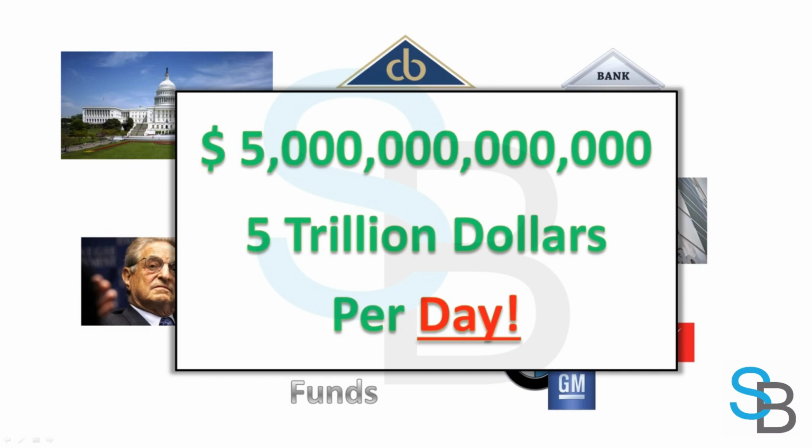And just to put that into comparison, the largest stock exchange in the world is the New York Stock Exchange, and the total market capitalization of the New York Stock Exchange, that means if you take all the companies that are listed on the New York Stock Exchange and you put all of their values together, then you will get only $18.7 trillion. And that's the total capitalization of that exchange. Whereas on the forex market, you have $5 trillion going through the market per day. And that just shows that the forex market is by far the biggest financial market in the world.